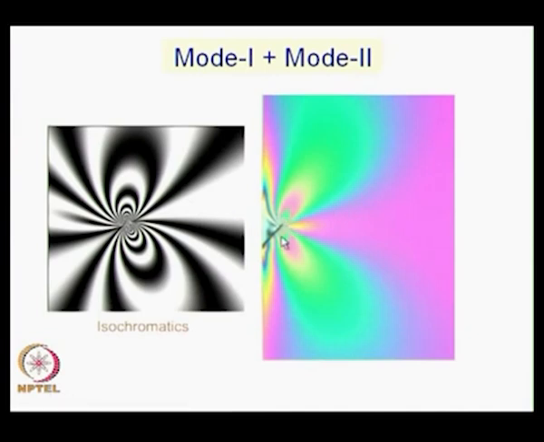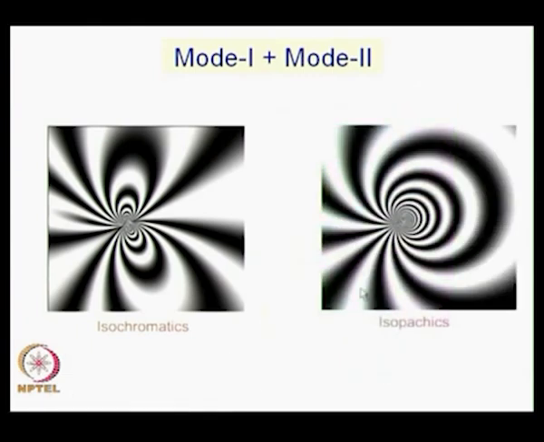So, here you find the fringes are differently oriented, the size is also different, and we could also look at the isopachics. So, when I look at the isopachics, it is still like this. It is very difficult to associate the influence of higher order terms when you go for isopachics. So, you need to make a neat sketch of these fringe patterns. That provides you a perspective